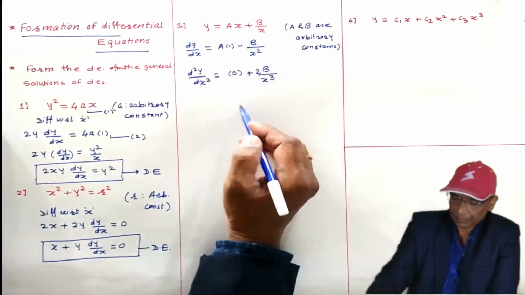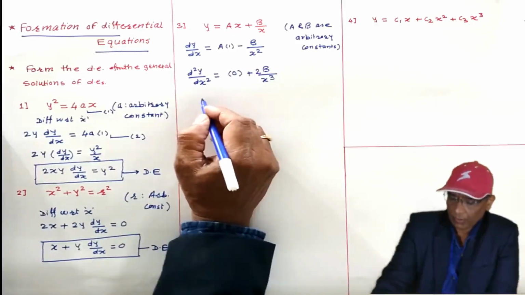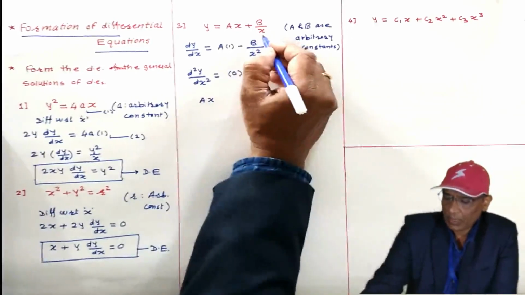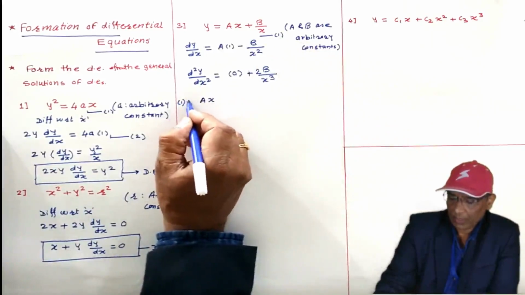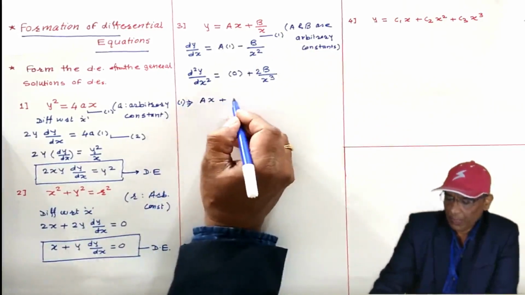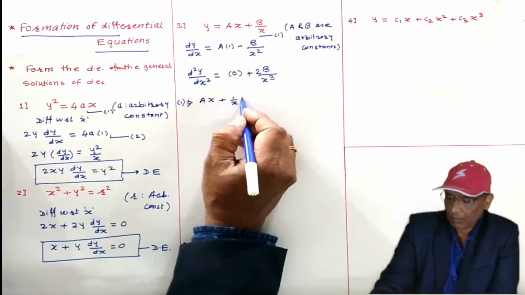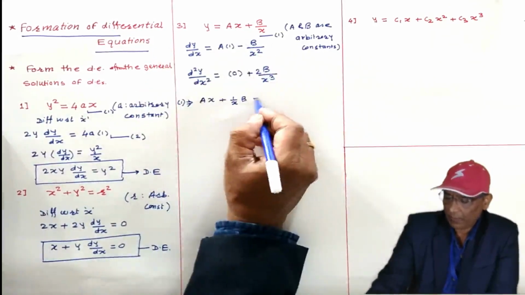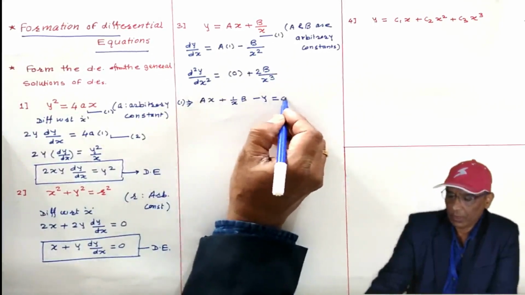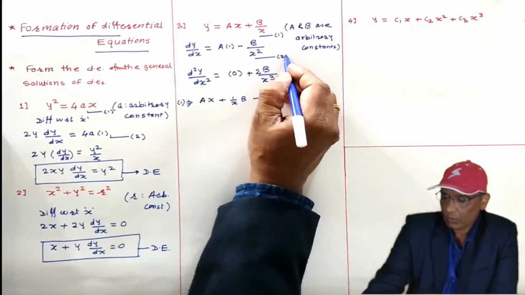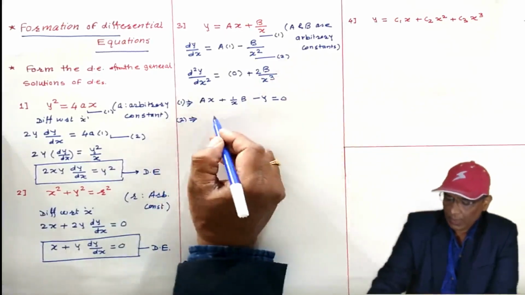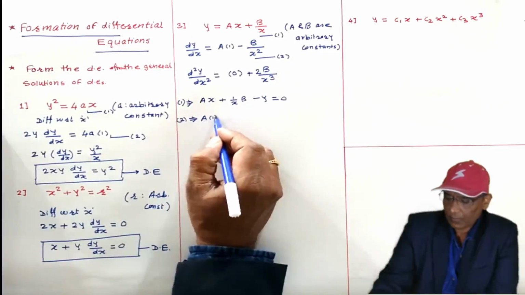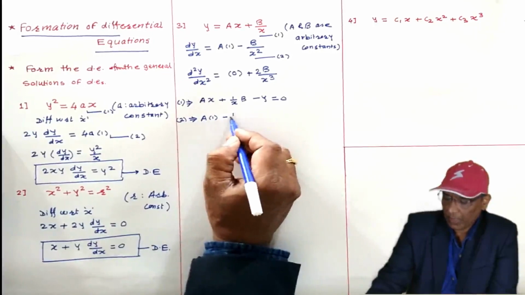It's comparatively simple. First of all, I am writing in the standard form. Ax is our equation 1. Equation 1 gives this same equation, I am writing equation 1 plus b by x minus y is equal to. Equation 2 implies that a into 1 minus 1 by x square b,